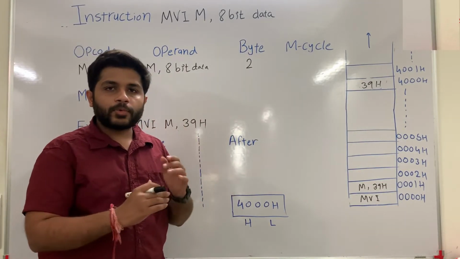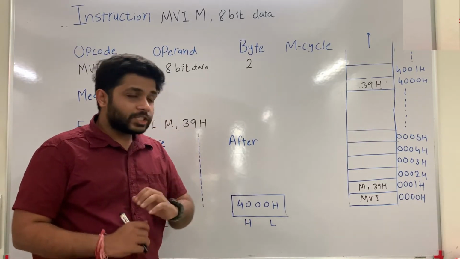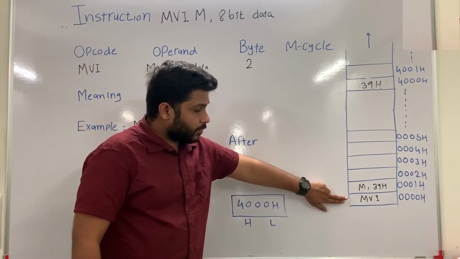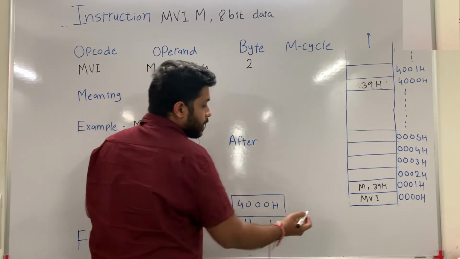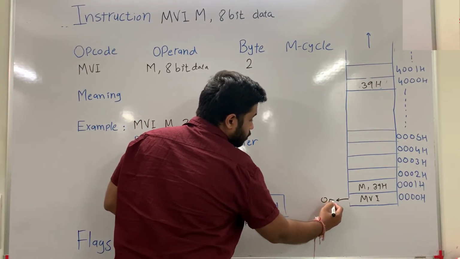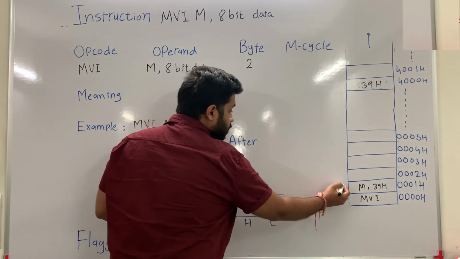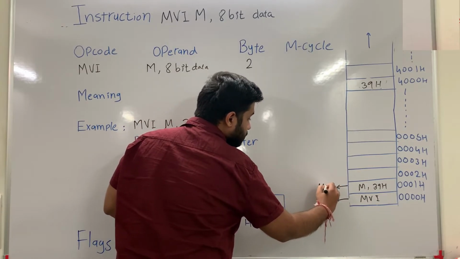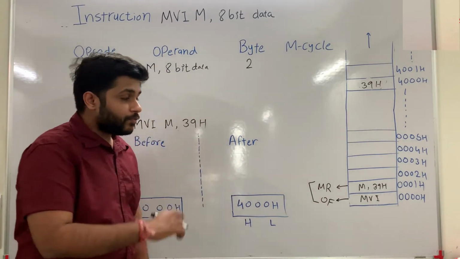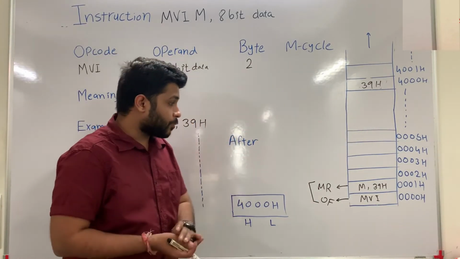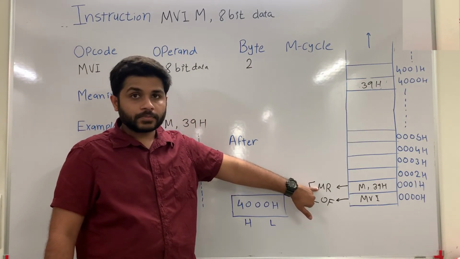After the instruction is stored, the processor will start its work, which is fetch, decode, and execute. Now, to fetch the instruction, the processor will have to perform some operation on the memory. So in the first step, the processor will fetch the opcode. So it will be considered as opcode fetch. To fetch the next part of the instruction, the processor has to read the memory, and it is considered as memory read. So understand, to fetch one MVI M, 39H instruction, the processor has to perform 2 machine cycles, that is opcode fetch plus memory read.